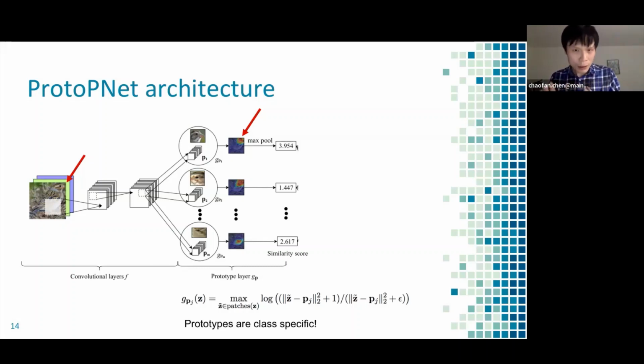And I also want to point out that there have been later works, extensions of ProtoPNet, that try to relax this kind of pre-assignment of prototypes to classes, right? Things like ProtoPShare, a model that allows one prototype to be shared across different classes. And there have been other models such as ProtoPool, which basically does something called a differentiable assignment of prototypes to classes. But this is all based on this original ProtoPNet. And in the original ProtoPNet, we basically assign prototypes to classes. So prototypes are class specific at the beginning.